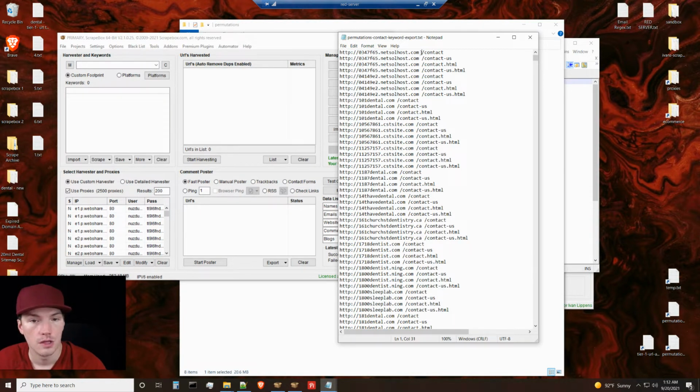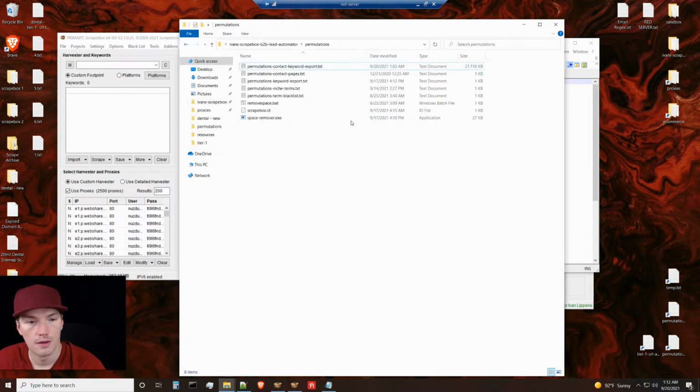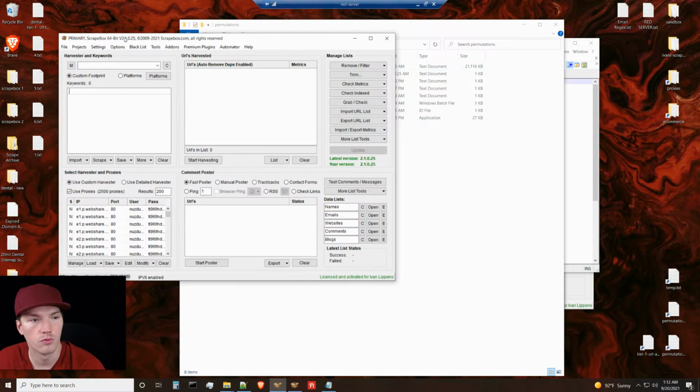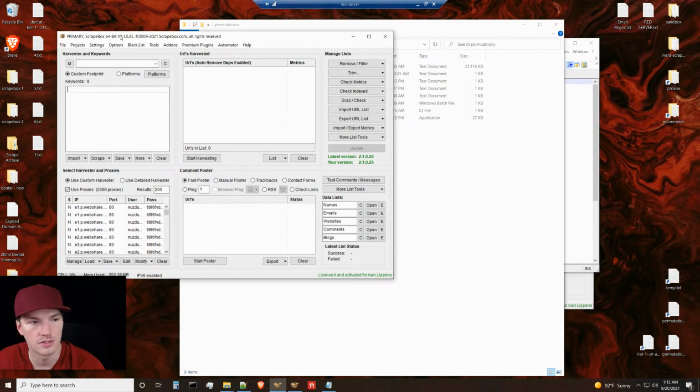So, what I did in the past is I had the batch executable go in and remove those spaces in the data line by line, and then save it as updated permutations contact keyword export. Of course, again, problem is it took forever and recently didn't work. After many hours of working on this, I later found out that the reason it probably didn't work, and I haven't tested it, is that under options there's a default export file format setting,